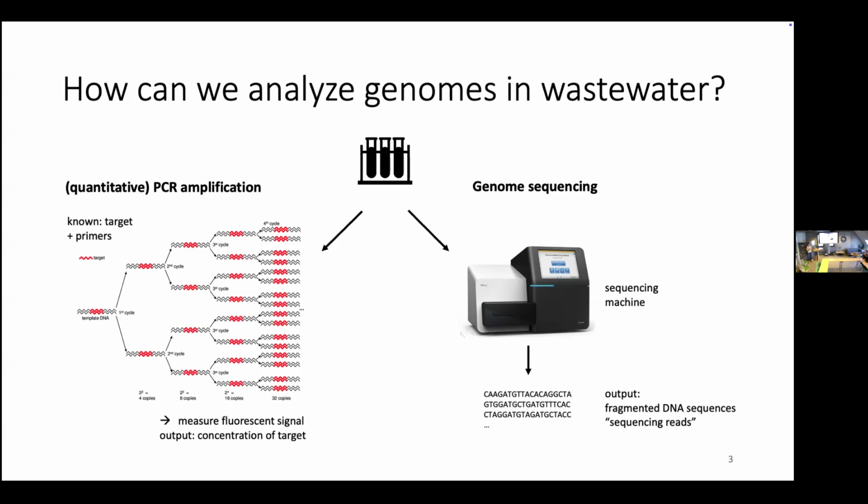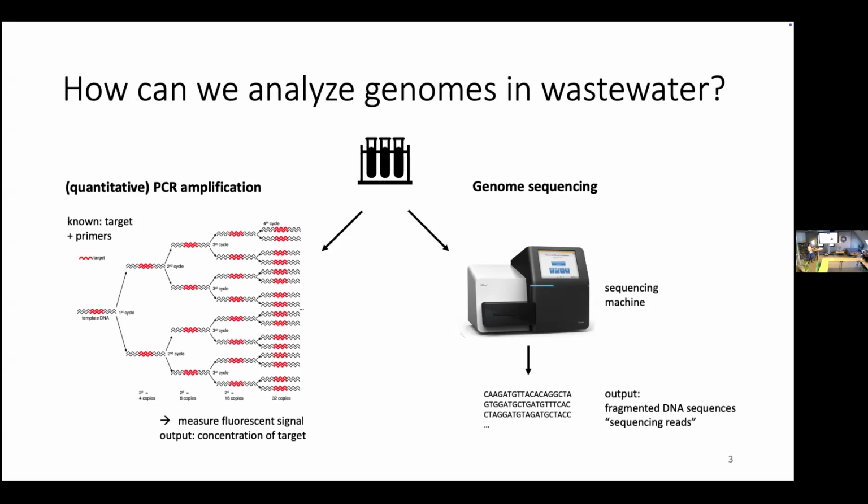But the idea for PCR amplification is that you know what you're looking for, and then you can try to amplify this specific sequence, so a target sequence here in red, by actually making use of the properties of DNA that you can duplicate it because it's double-stranded. So every base has a reverse complement, and you can use this property to build copies. And if you do this iteratively, you get many copies of the piece of genome that you're interested in.